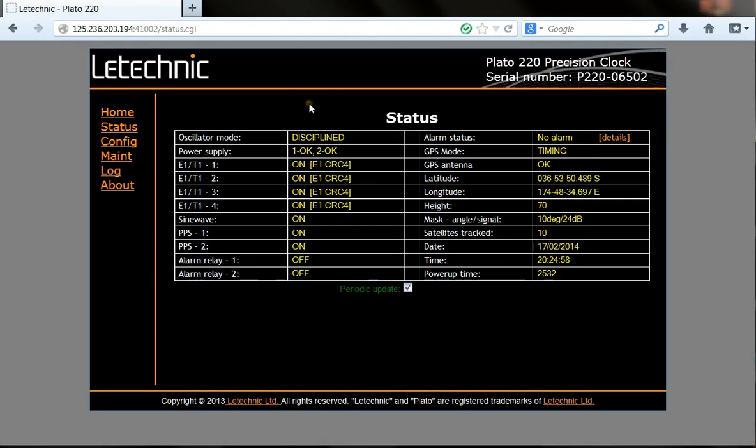The status page displays real-time information of the Plato 220 settings and operational status. The page indicates the oscillator mode, the power supply status, how each of the E1, T1 ports are configured, the sine wave output status, and pulse per second output status. It also shows whether the alarm relays are on or off, the amount of time the Plato 220 has been